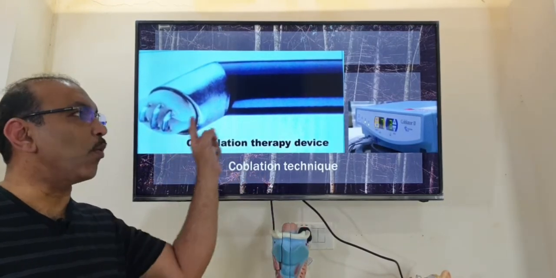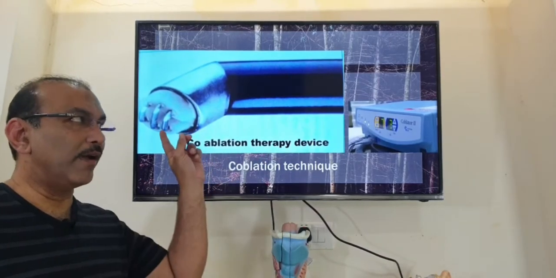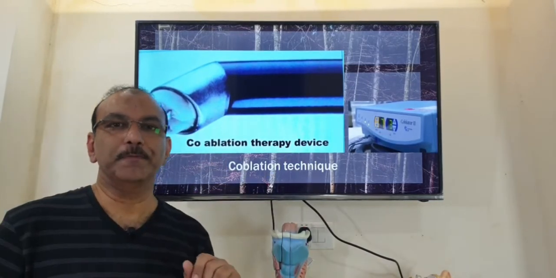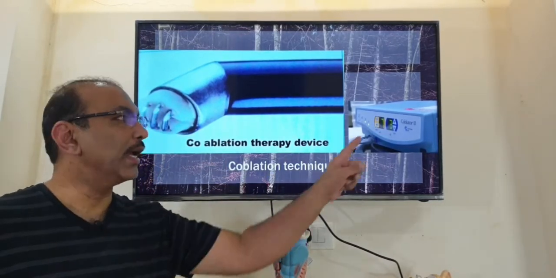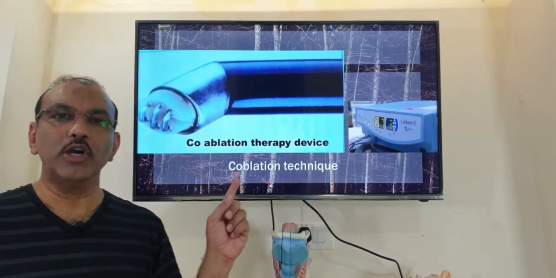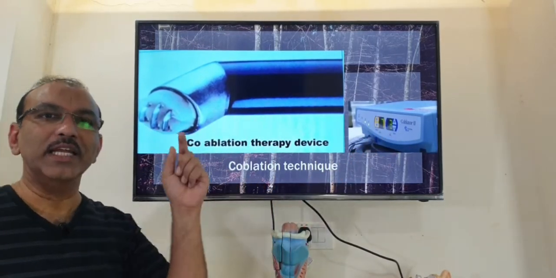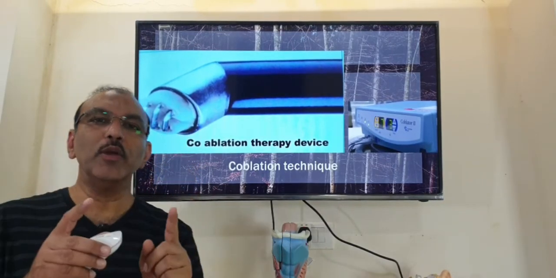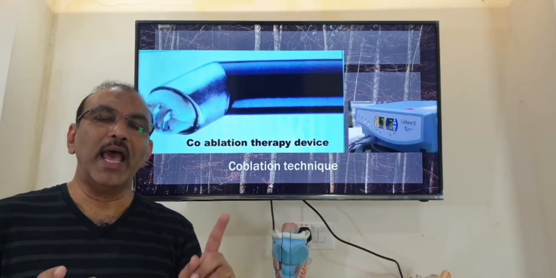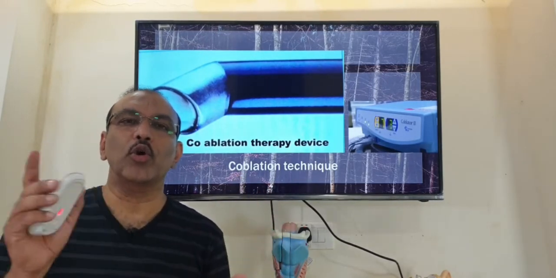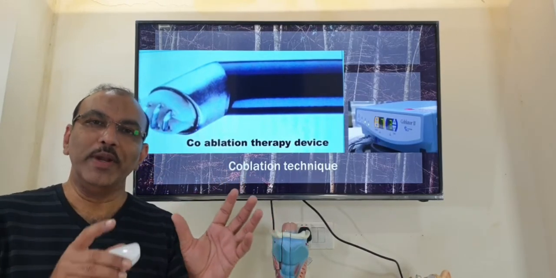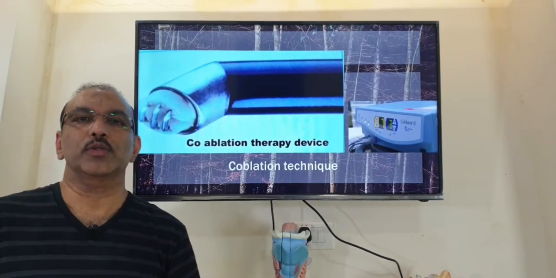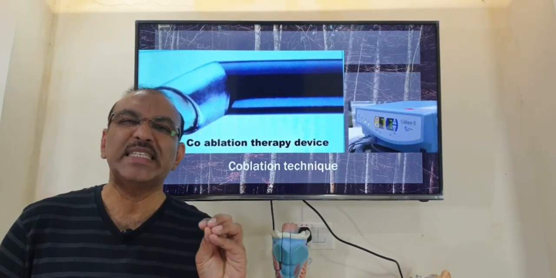So, coblation technique: this is a wand which we hold. I have enlarged it. Actually, the size of it is just the size of the index finger, but the length is so much. This is the wand, and this is the machine. Here there will be a flow of saline, that is sodium chloride, and when the current passes through these electrodes, the sodium chloride splits into sodium and chloride ions. The sodium, wherever it comes into contact, separates the tissue and coagulates also, and it happens at a temperature of only 60 degrees.